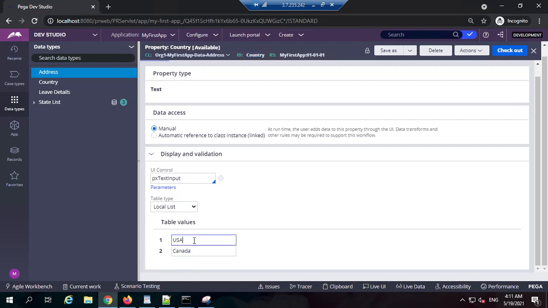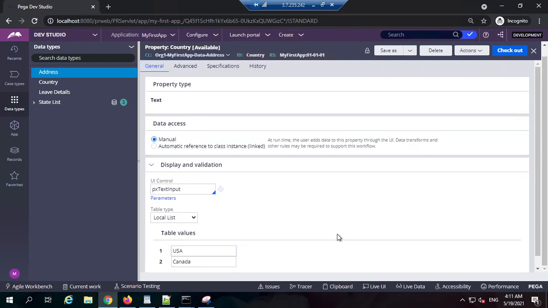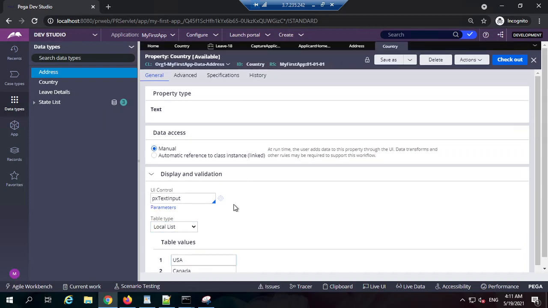But when you know that these values will never change in the system, suppose gender, right? Gender could be male, female, other. There won't be any addition to this gender property ever. That kind of configuration we can do here, which is very static in nature. But in most scenarios, we go with the data page or report definition or other configuration, which can be altered, or we can define the source and get a very different set of data for every particular case. This is one scenario of how you can configure a data drop-down directly from the property.